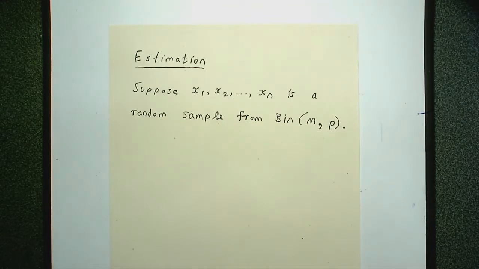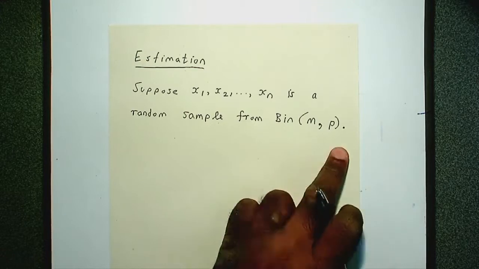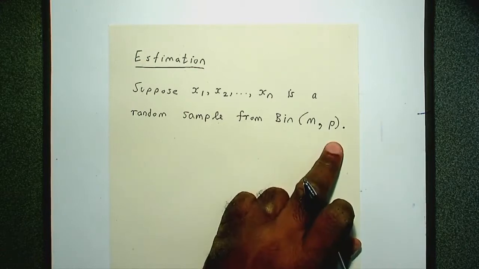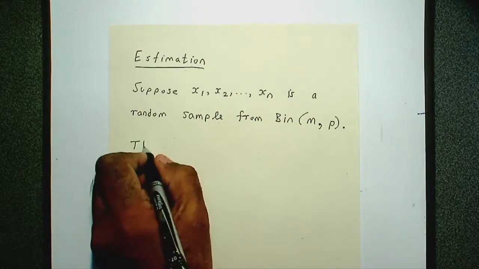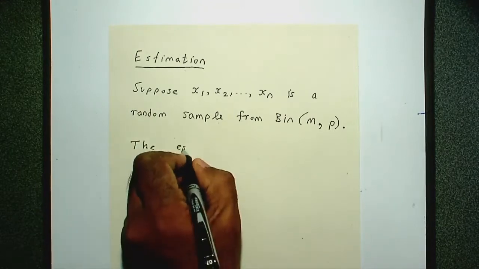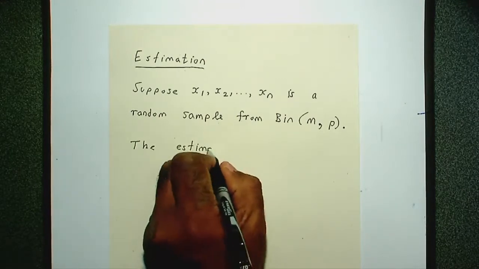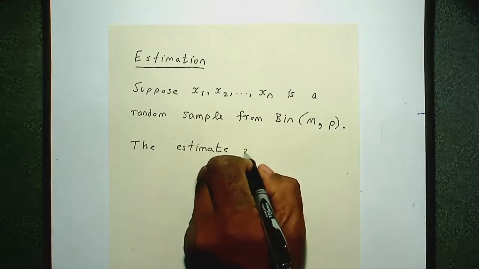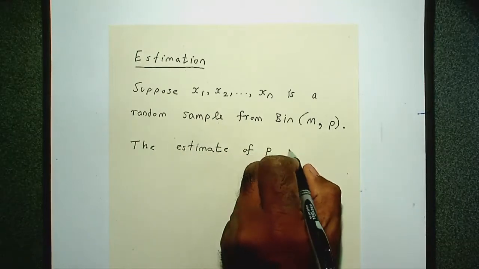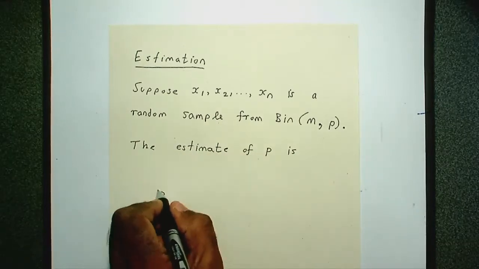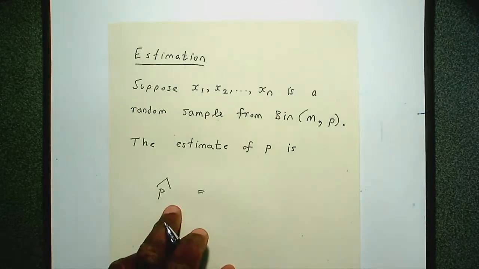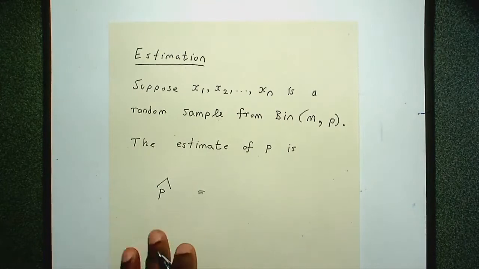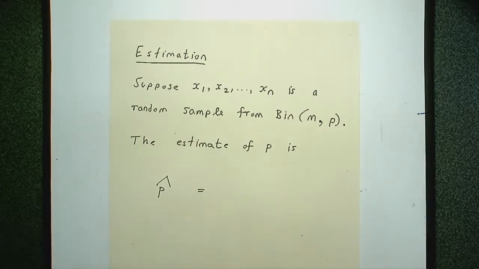So we don't know the exact value of p, and we need to be able to estimate it. I always put a hat on top to mean that it's an estimate of p. The estimate is as follows: